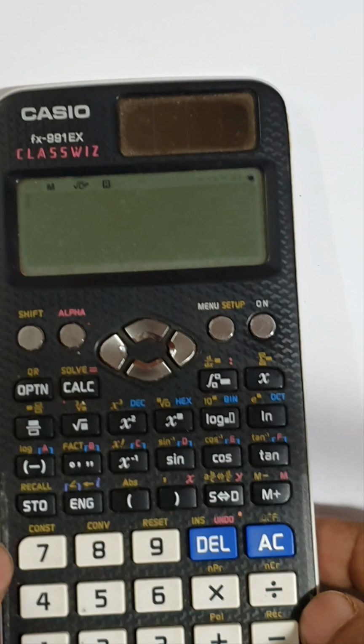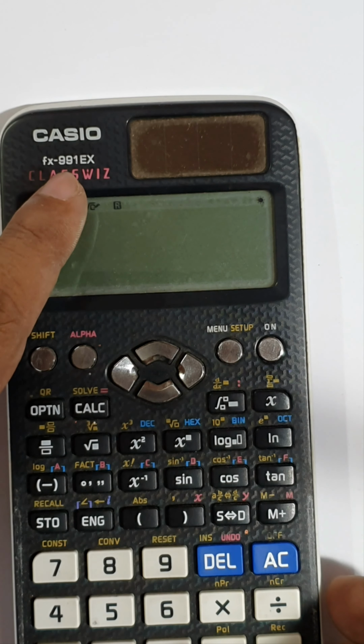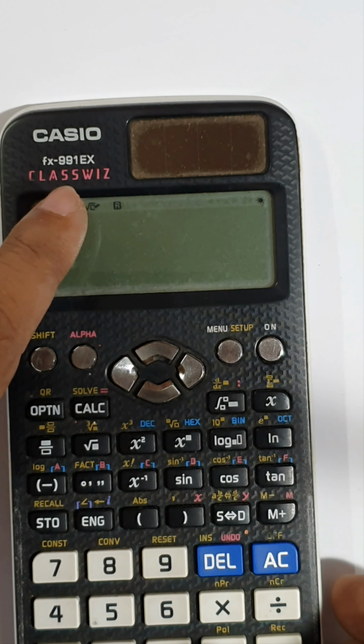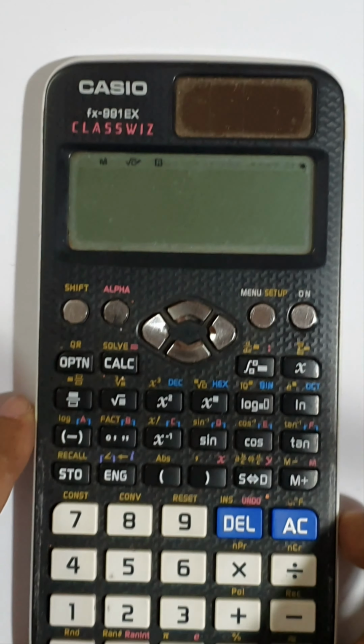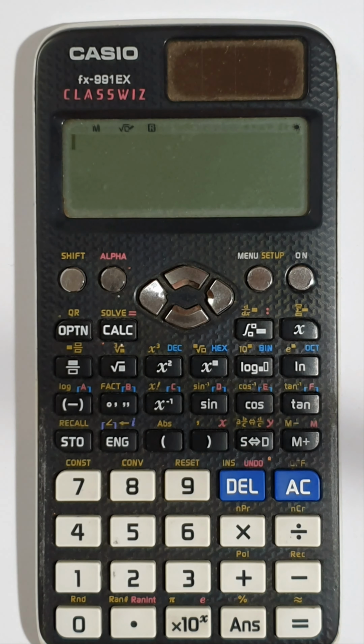See, this is the fx-991EX Class Wiz, which is a very good calculator to solve matrix multiplication, matrix addition or subtraction, and inverse matrix. Now I will show you step by step how to use this calculator to find all these values. So okay,